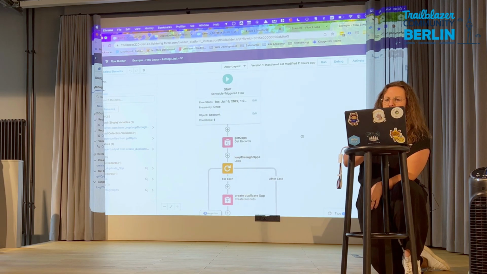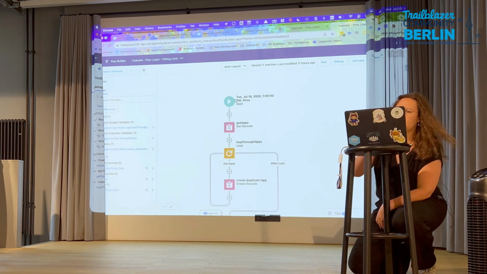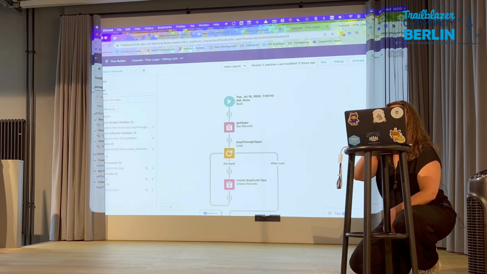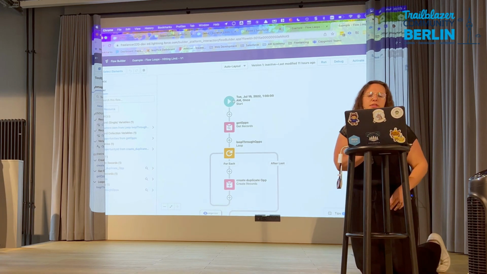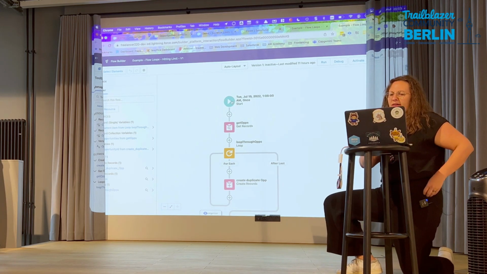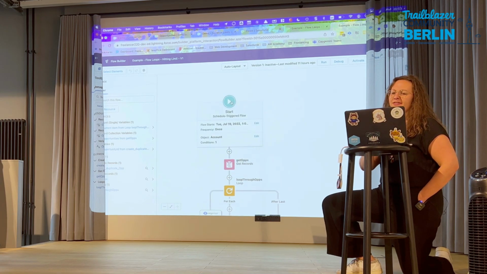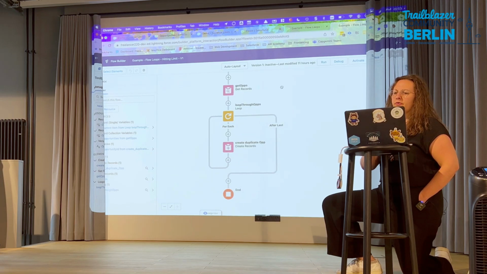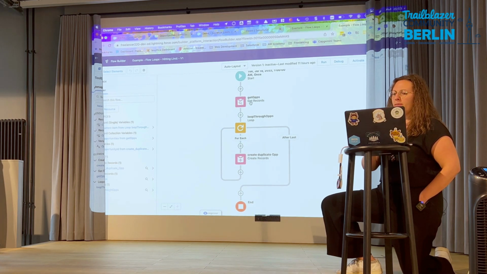The flows that I've built, most of them don't make a lot of sense in the context of what they do, but I built them in a way that I can show you some of the errors. So basically, what this flow is doing is, for an account, it's going to get all of the opportunities. It's going to loop through all of the opportunities and clone them,